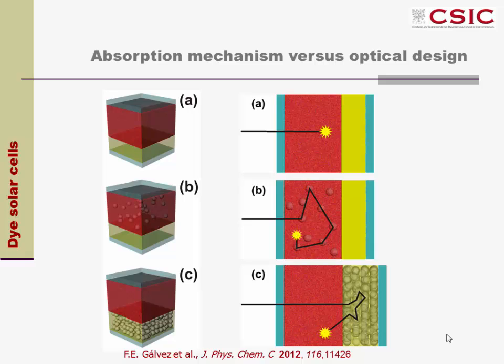What happens to a photon when it goes into a system like that? It undergoes a series of scattering events. The optical path is then larger, and the probability of absorption is also larger. Well,